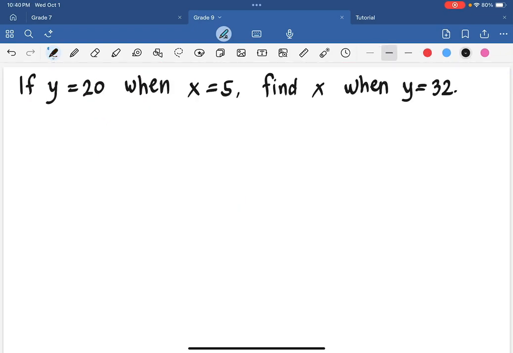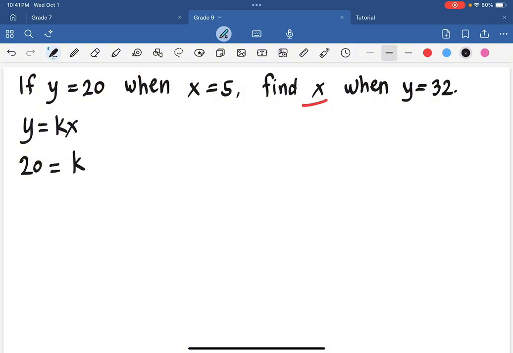For the next example, we are solving for x given y. Now here, we have a problem: if y is equal to 20 when x is 5, find x when y is 32. So we have two steps to take account of. First, before we proceed to finding x in the second part, let us try to find the k or the constant first. So we have here y is 20. So anyway, let's write the form. So y varies directly as x. So the value of y is 20